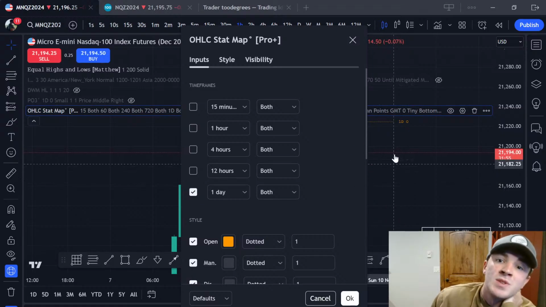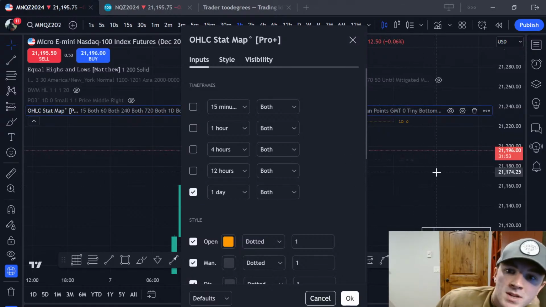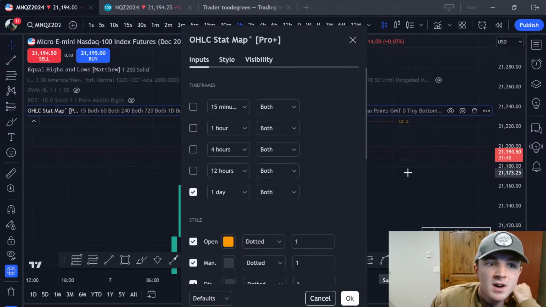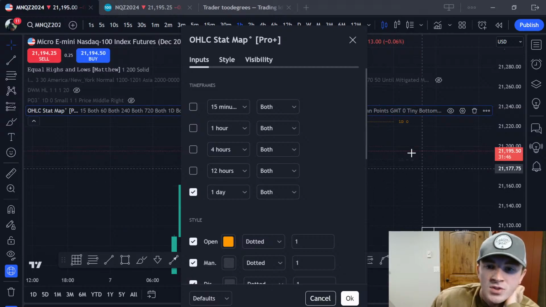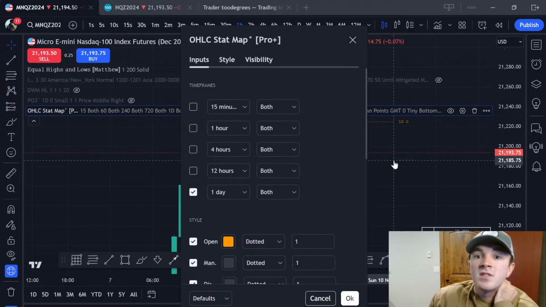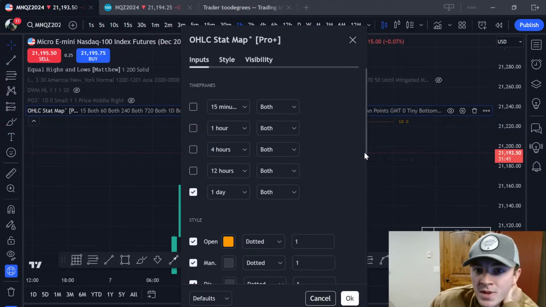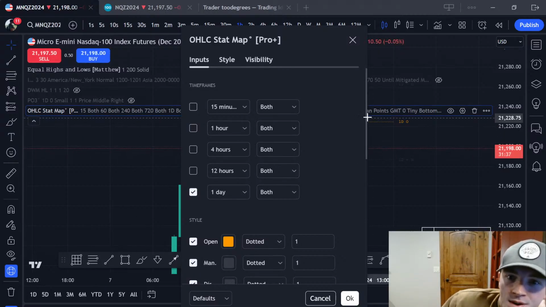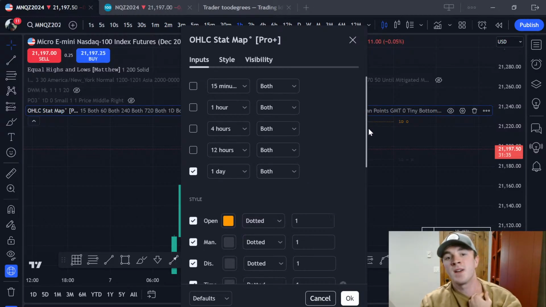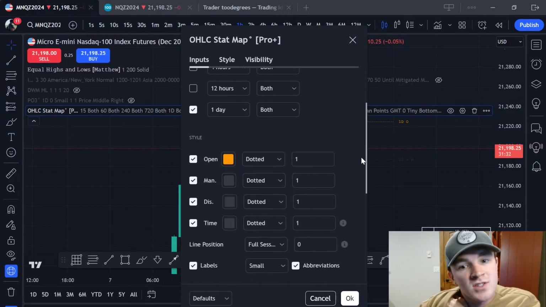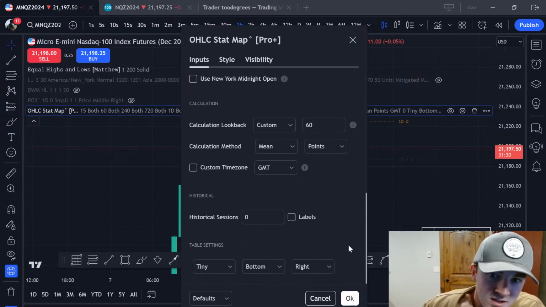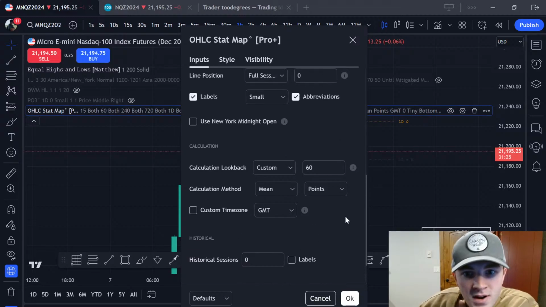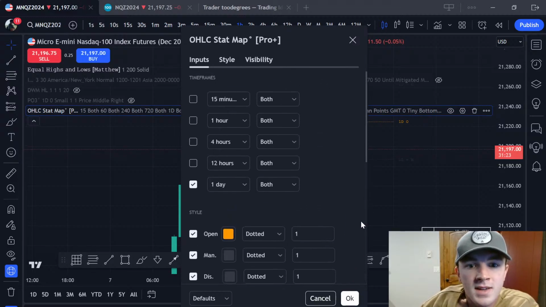And what is really nice is when this overlaps with your PD arrays, or let's say you see that it overlaps with a key draw on liquidity or something like that. It's a really nice confluence. I just wanna try it out. I'm not saying for sure I'm gonna use it, but I think it's nice to try stuff out that you think is interesting. So I think it's pretty cool, but I'm trying to figure out how I can